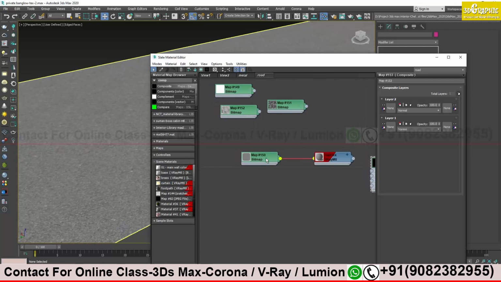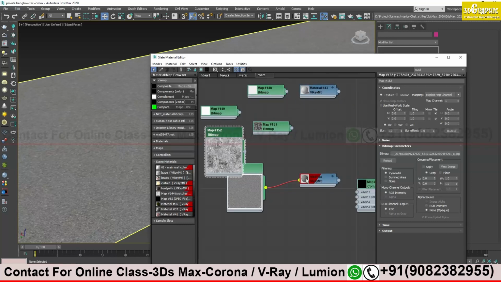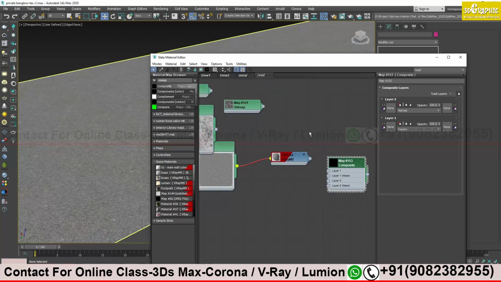I will use this basic road texture for my base, and on top of my road I'm going to use this dot map kind of effect. We can change the blending mode to get the effect, and we can use the mask as well, both, to get a rough road, a kind of broken road, or cracks on the road. So that is the main concept we are going to do. Let's do this.